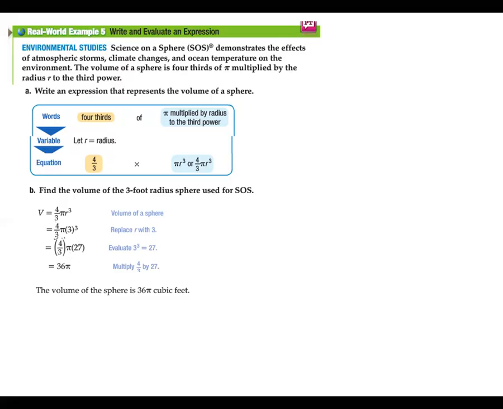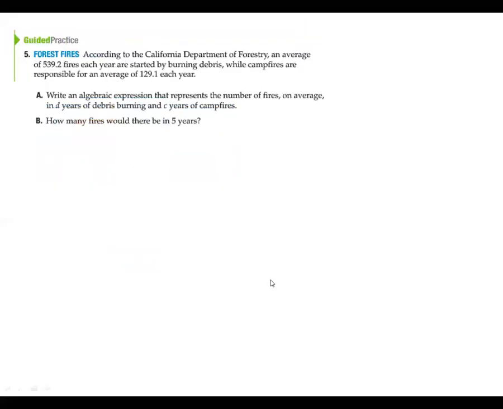Okay? All right, here's one for you to go ahead and try on your own. Hit pause and then play it when you're ready. All right, according to the California Department of Forestry, an average of 539.2 fires each year are started by debris, while campfires are responsible for an average of 129.1 each year. Write an algebraic expression that represents the number of fires on average in D years of debris burning and C years of campfires. So for part A, that'd be